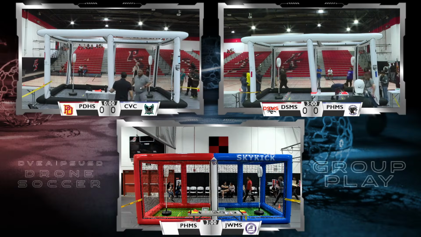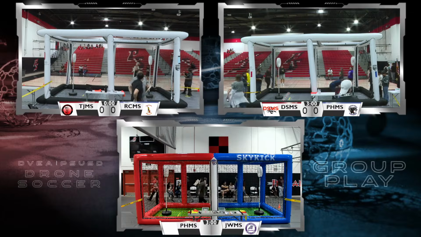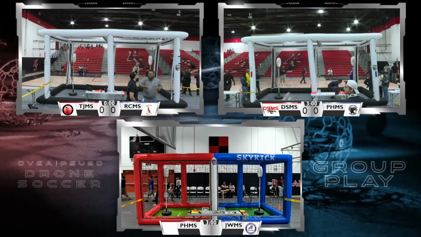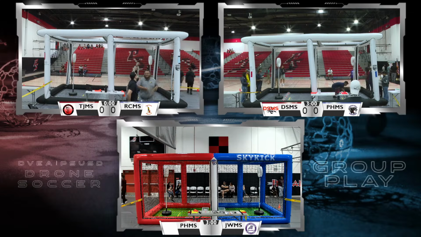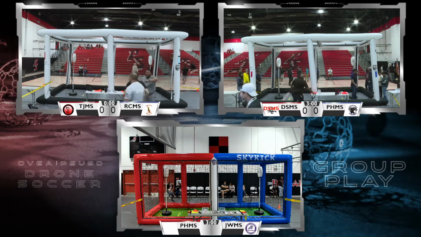All right, and we're ready for our final matchups, final matchups for the seed rounds. The teams that are finished with their seed rounds are just resting, hanging out, taking a break, using the restroom, all of those things. The judges are also doing that before our final tournament.